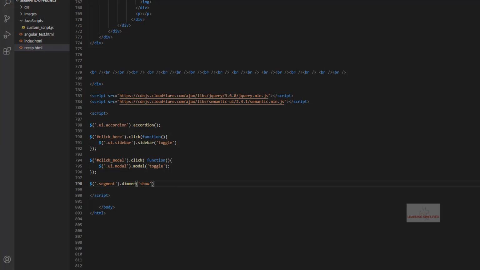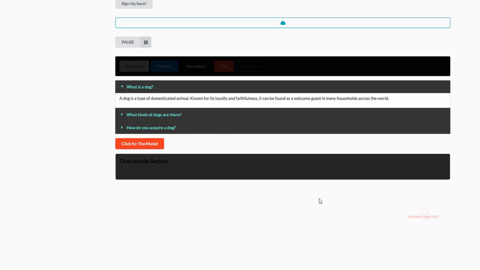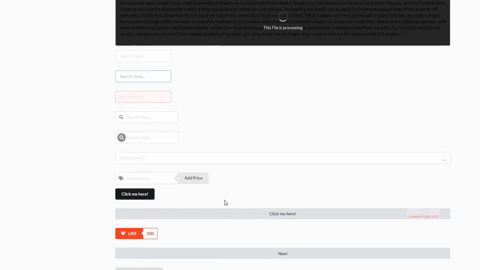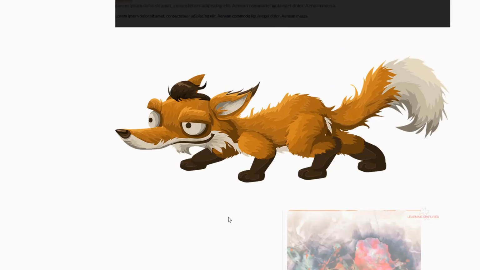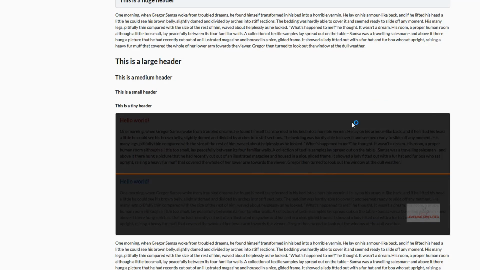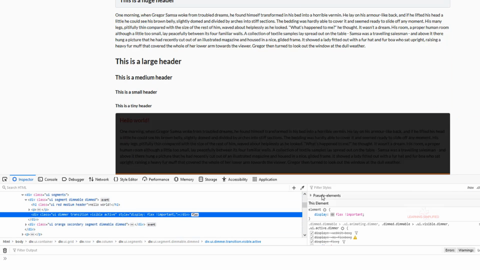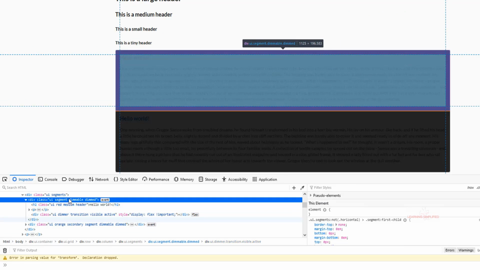Now if we press Ctrl S and head back to our project and reload, we can see that we are able to dim this overlayable section, but we can also see that several other containers are getting acquainted with this kind of dimmer class. Each of these individual containers practically has a dimmer class. If we click any one of them and inspect, we can see that all of these elements have a common class right over here, which is known as UI segment.